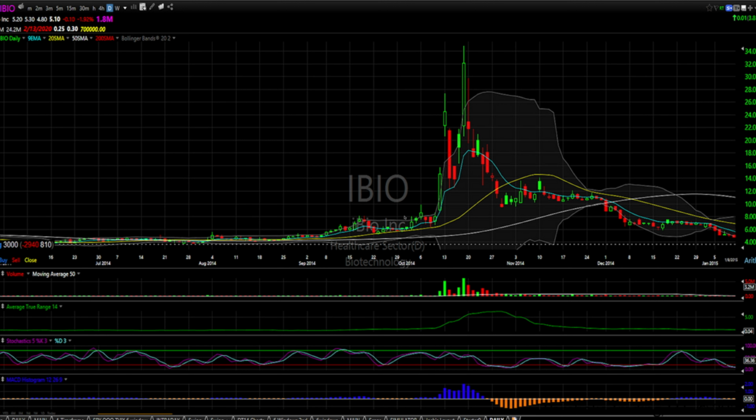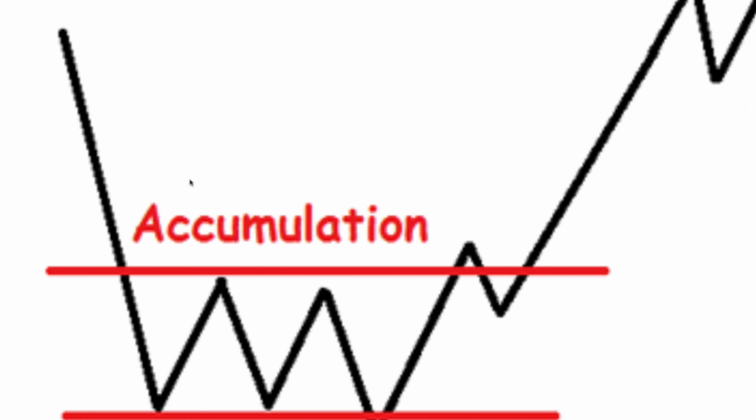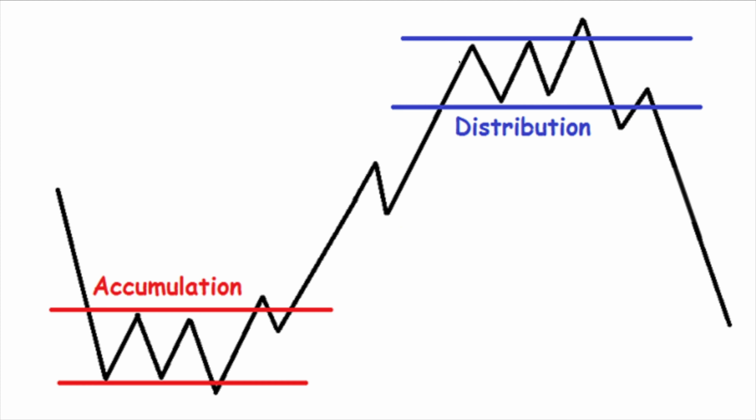So like I said, stocks are either in a period of consolidation, which is over here, or they're trending either up or trending down. So bam, it's up here. We don't want stocks to go sideways, because if you had bought stock here at $4, what did it do for 3 months here? It stayed around $4. You had a couple days where it was maybe 450 or maybe even 5 if you got lucky. But for the most part, it all stayed just right there. So again, we can take a look at this example. The accumulation comes right here, and then you get the run up. And now this is your distribution.